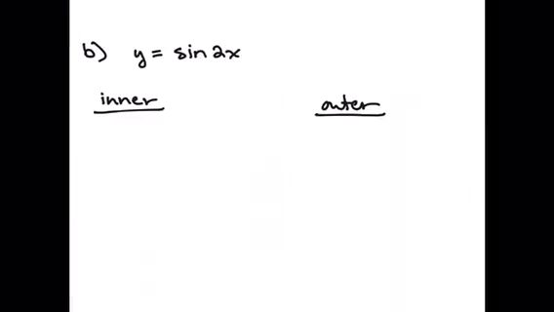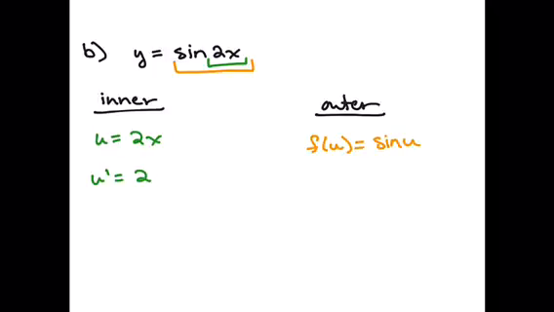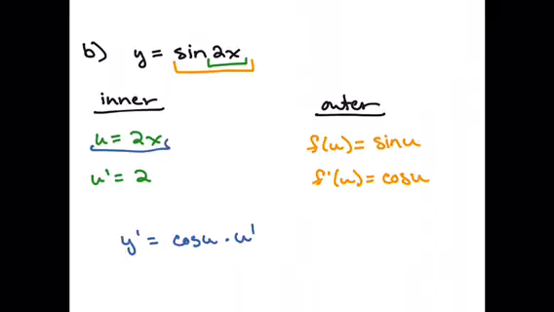Okay, let's try another problem. y equals sine of 2x. My inner function is 2x, and the derivative of 2x is 2. My outer function would then be sine of u, and the derivative of sine of u would be cosine u. So the derivative of the whole thing then would be cosine u times u prime. And if we substitute back in for our u and our u prime, we will get